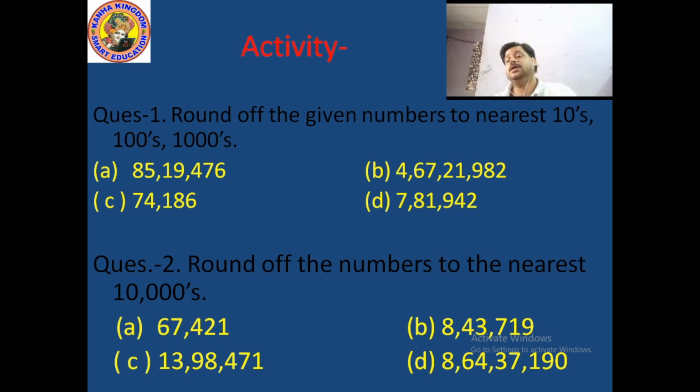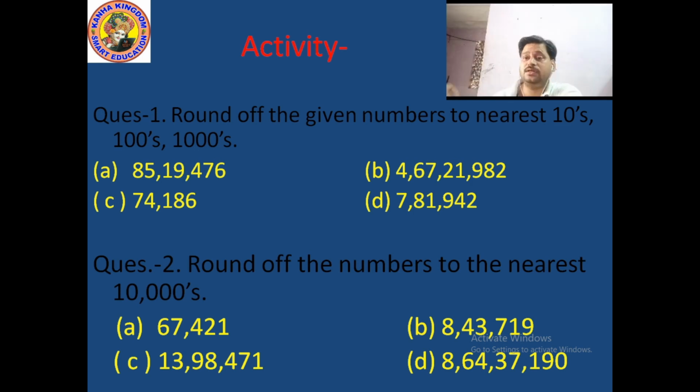Okay, now if this number is converted to nearest 1000, then also you see two place values, that is the 100 place value and the 1000 place value. If the 100 place value is less than 5, you convert the 100 place value, tens place value and ones place value into 0, and the 1000 place remains the same because the 100 place value is less than 5. Now the 10,000 place value, nothing is changeable. You just write down whatever the number is in the 10,000 place value.